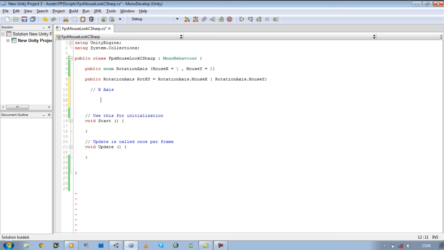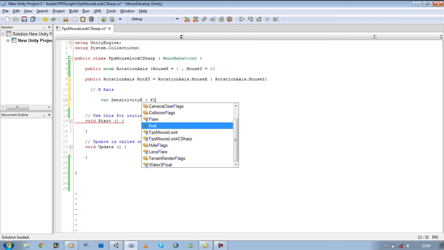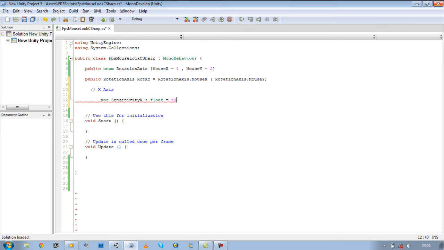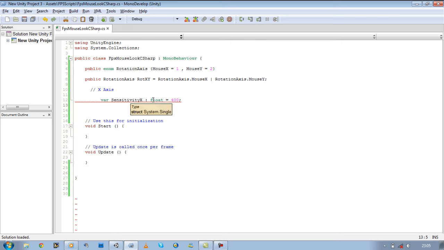In Java, you will write your variables like this: var sensitivityX, we define it as a type float, and it's going to be equal to 400. That's how we define the sensitivity as a float in JavaScript. But as you can see, C# isn't like that at all. They both have their own separate syntax, and if you want to write the same line in C#, it would be